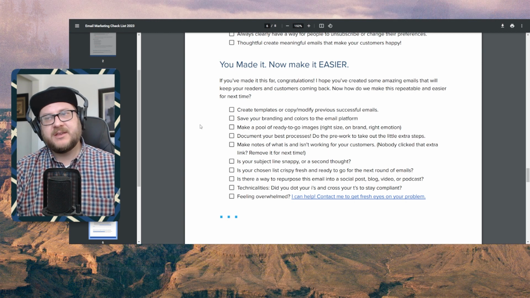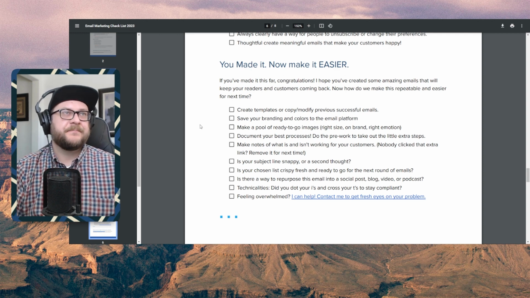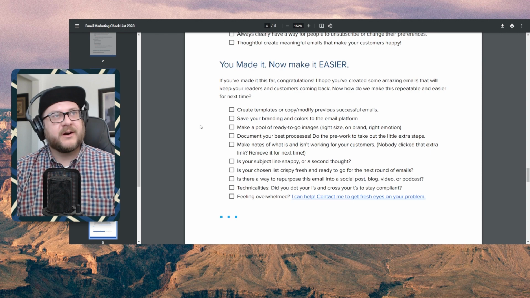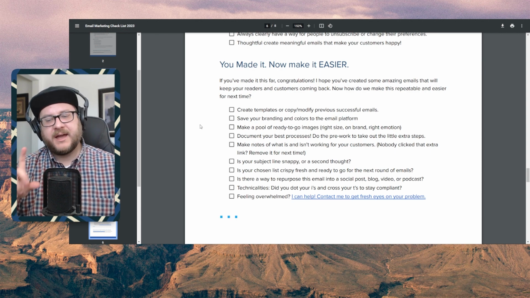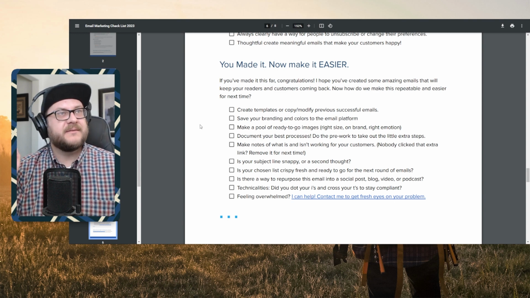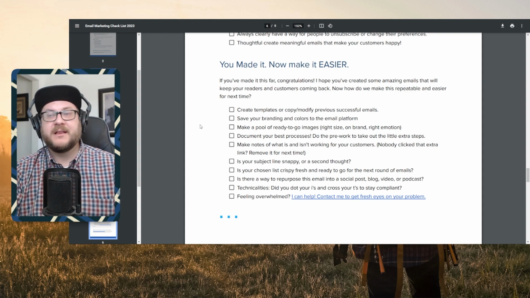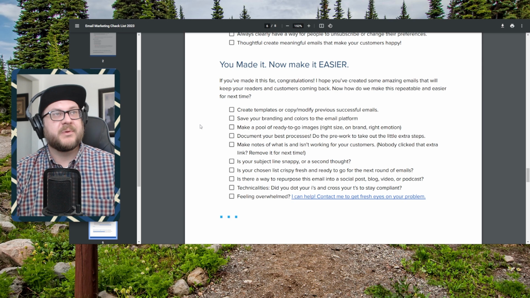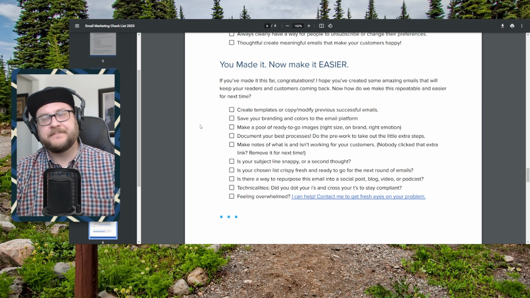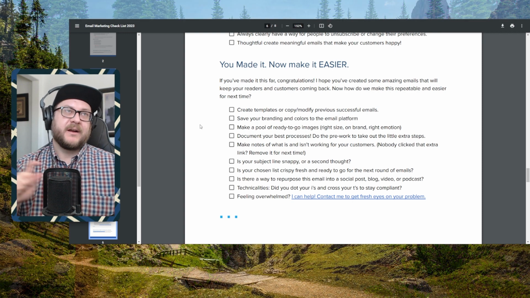The best thing that you can do, and I'm going to be really honest, is use templates and do the pre-work before. Know that, okay, I have in my bank, I can immediately pull out an event invite, I can pull out a sales email, I can pull out an internal email, I can pull out a reminder or a promotional email or an automatic string of emails like a welcome chain. Knowing all of that, how to make it better, how to improve it,